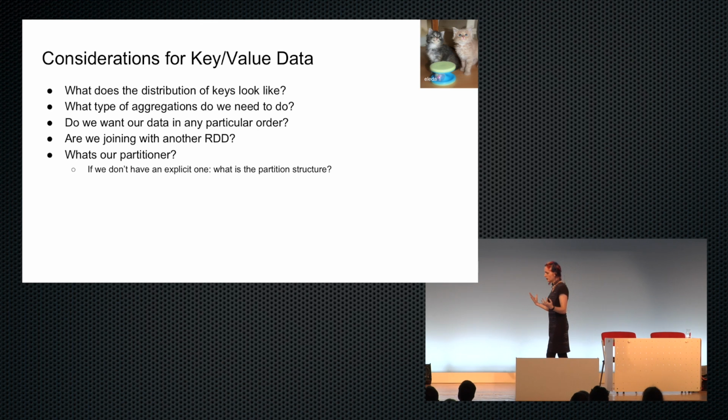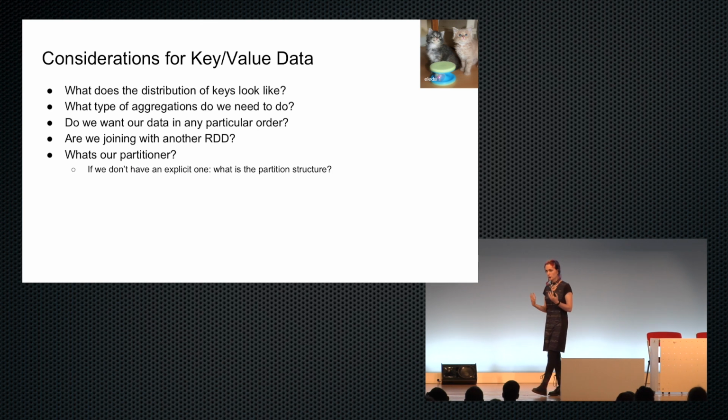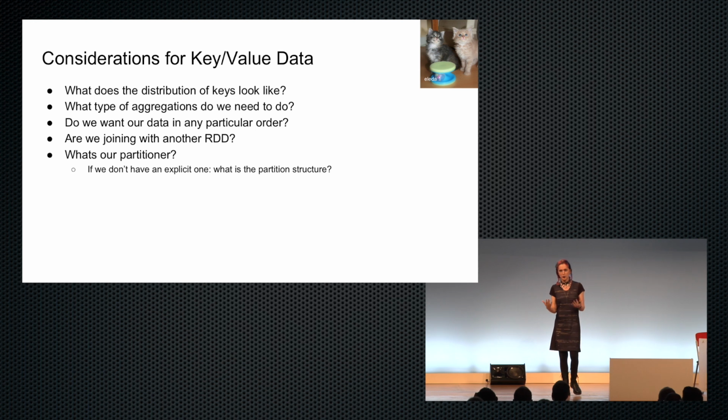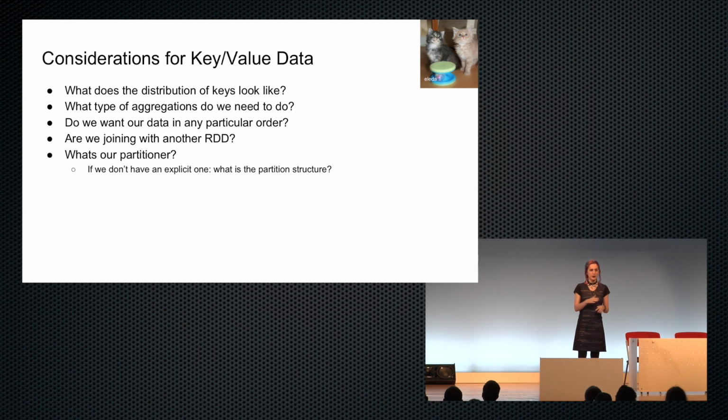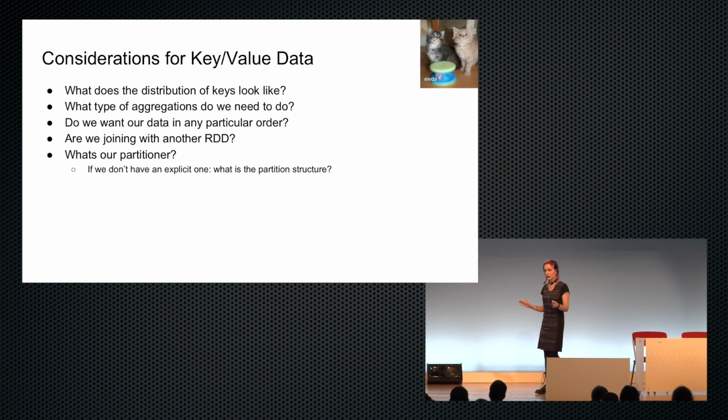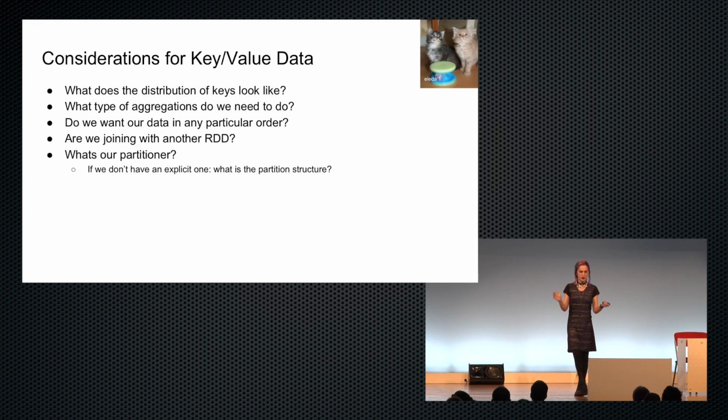The other thing we were doing in our word count example is groupByKey. And groupByKey is pretty much the devil. This can happen. GroupByKey can be safe if we have absolutely no key skew and most of our keys are unique. In that case, groupByKey is pretty reasonable. But I think for people coming from an engineering background, we're not always used to thinking about what the distribution of the data that we're processing looks like.